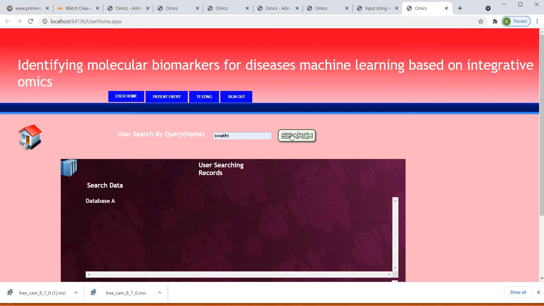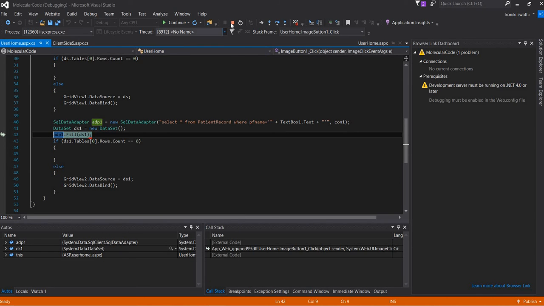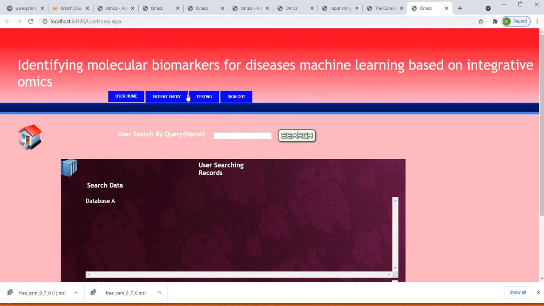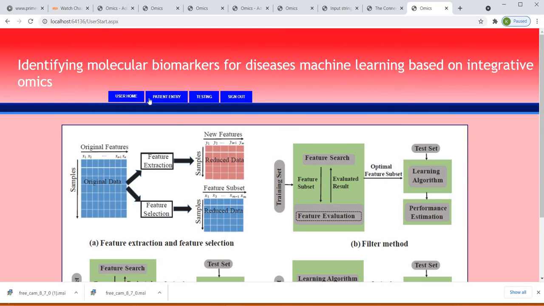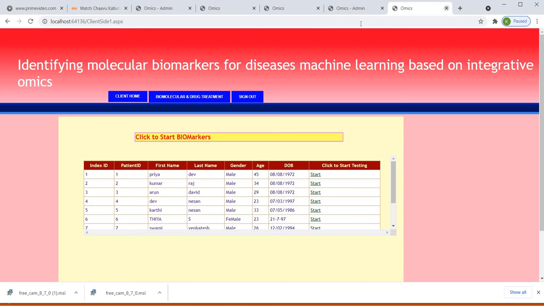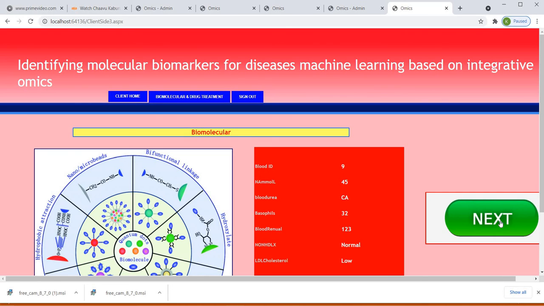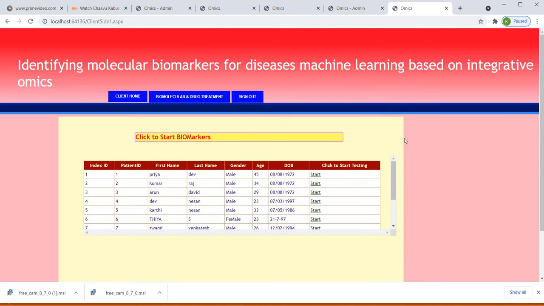Suppose I give my name and search, then it will show it. Here is Swati. Then start test now. Next, blood ID and all, and these are the medicines for me. That's it.